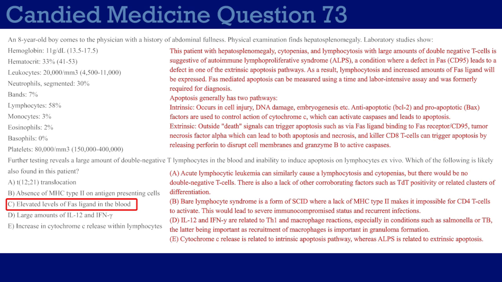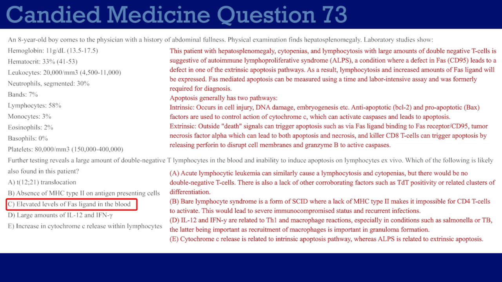Anyway, wrapping this up, ALL and ALPS just have totally different presentations on USMLE, so it's very unlikely they're going to give you a question where they try to make you confused between the two. Choice B, absence of MHC type 2 on antigen-presenting cells. This is Bare lymphocyte syndrome, not a super high-yield condition, but you should understand intuitively that Bare lymphocyte syndrome